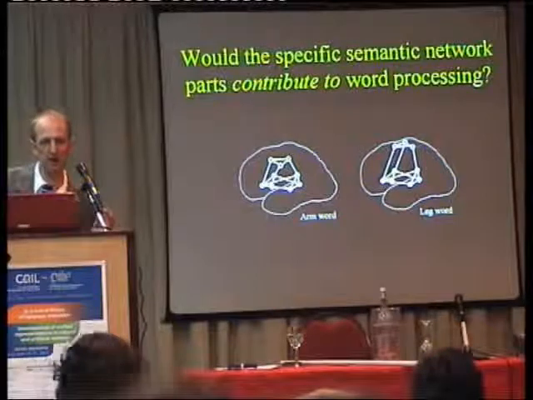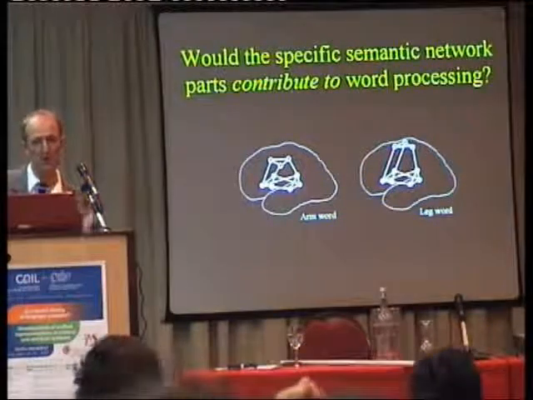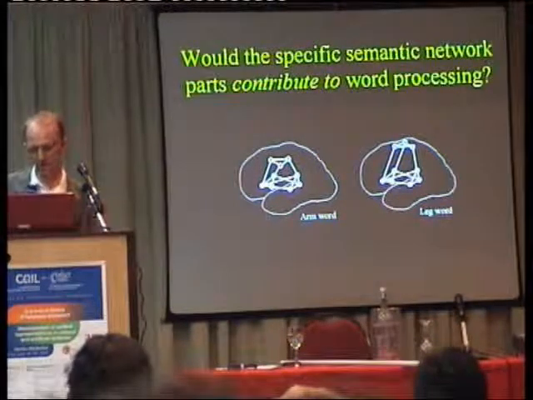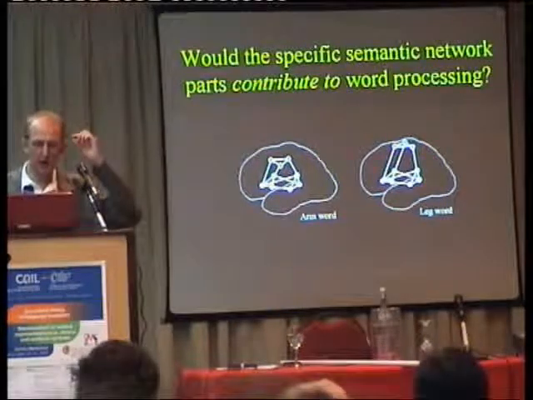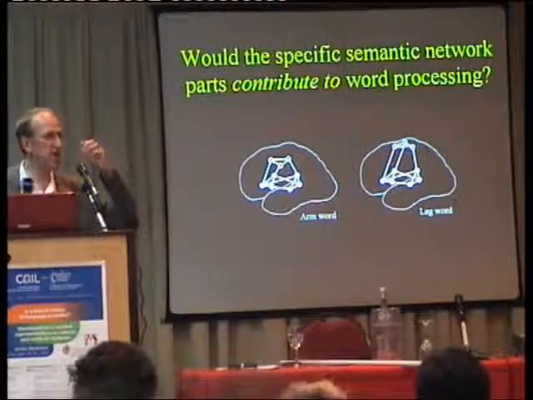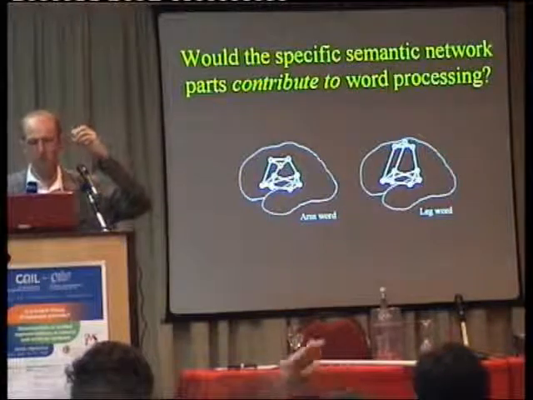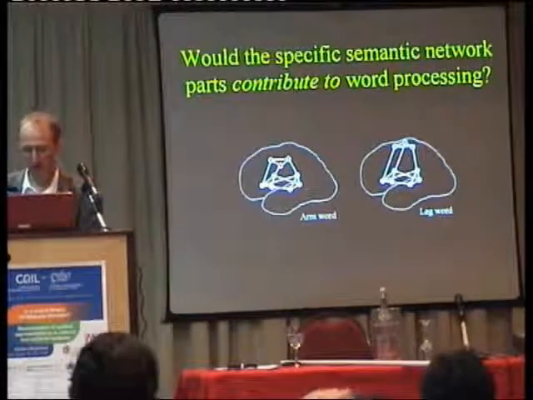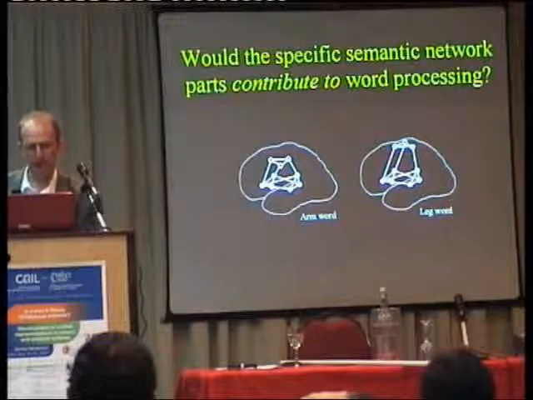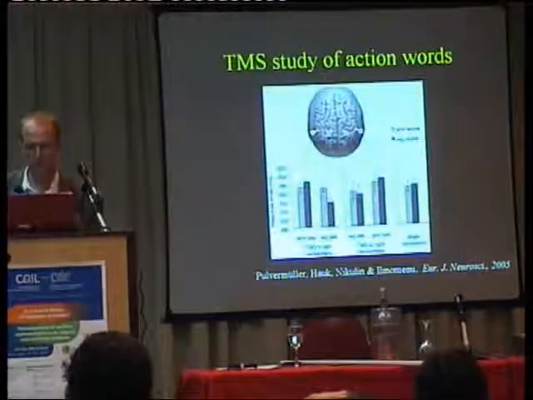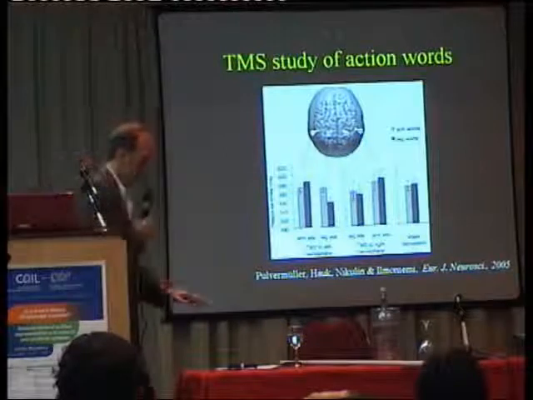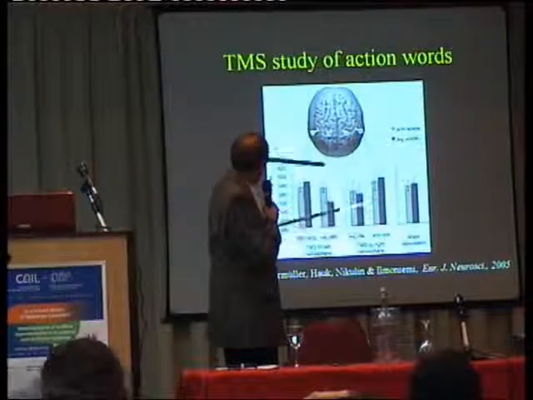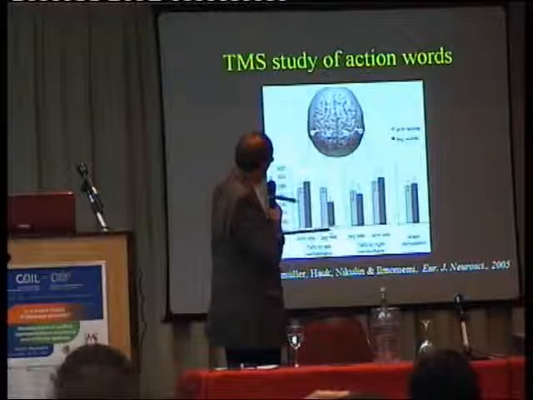Right, now the third critical question, whether this motor activation is actually critical for word processing itself, was addressed, for example, in a TMS study where we shot at the different supposedly semantic parts of our distributed networks, at primary motor cortex of the arm and of the leg. These were minimal TMS pulses, and as you can see here on the left of this diagram, there was differential speeding of lexical decisions on arm and leg related words